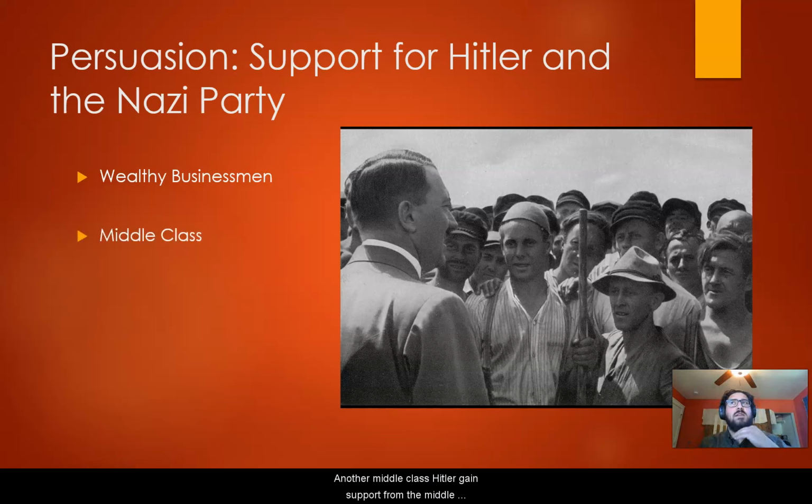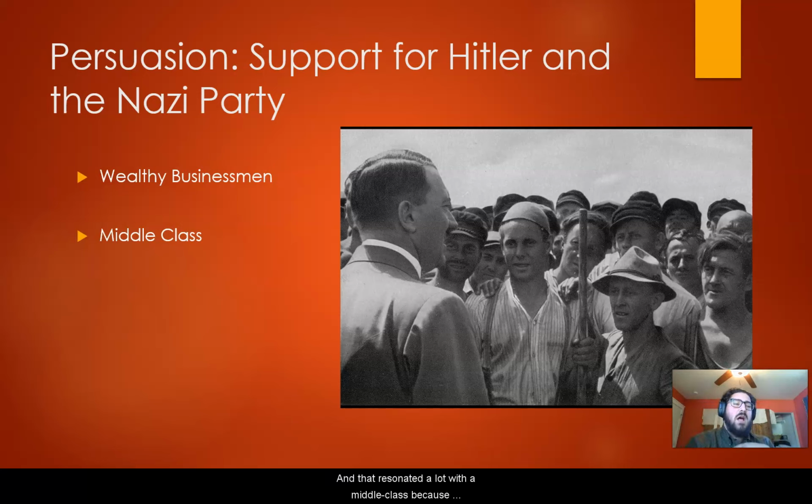Now the middle class. Hitler gained support from the middle class and was able to persuade them because, as we talked about in earlier lectures, he was constantly showing, hey, look how weak the system is. Look how weak our government is. Look how ineffectual these policies are. Look how much we are in debt. And he was constantly appealing to the everyday Joe, if you will, the everyday person, by saying, you're suffering because of X, Y, and Z.